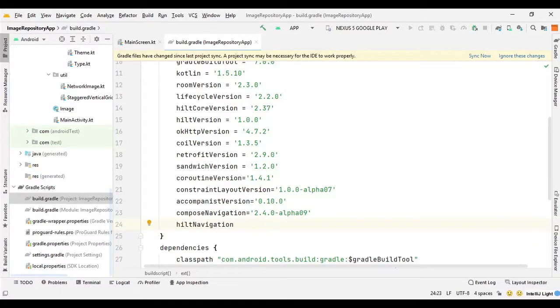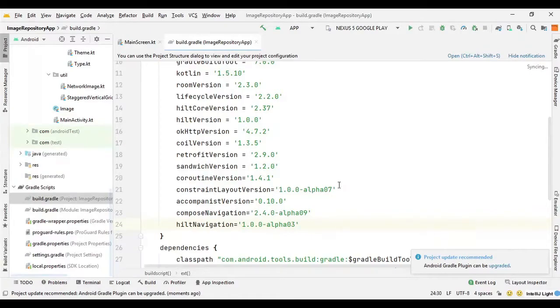So we can say 1.0.0-alpha03, and here we need another 0, and we can sync now.